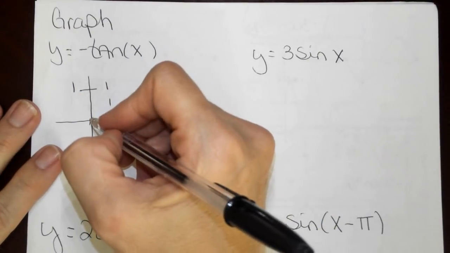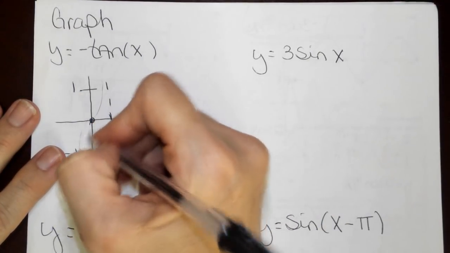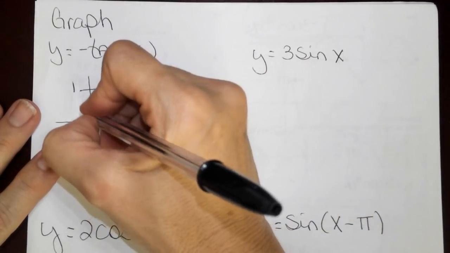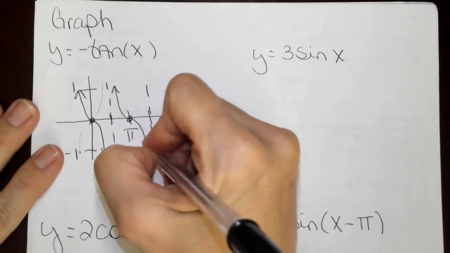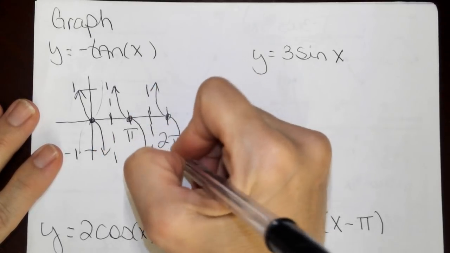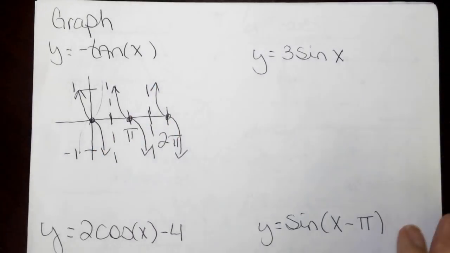And positive tangent went right arm up, left arm down, but this is a negative tangent. So we're going to go left up, right down, left up, right down, left up, right down. Alright,